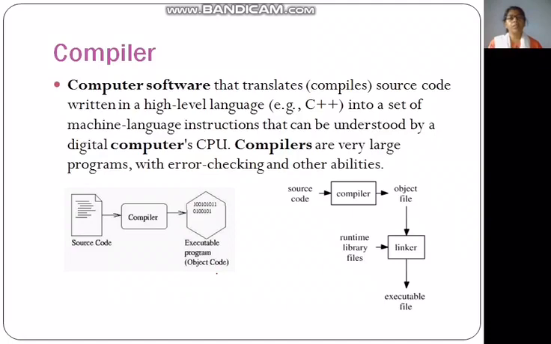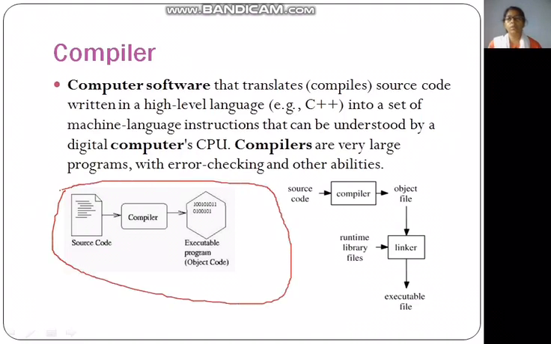Now, let's see another term, that is compiler. We are writing the program in a high-level language. We call that source code. Look at the figure. We call this source code. This source code needs to be converted to zeros and ones. That is the object code, the executable program code. For that, we need software which converts this source code written in C++ to zeros and ones. Such software, we call a compiler. In C also,